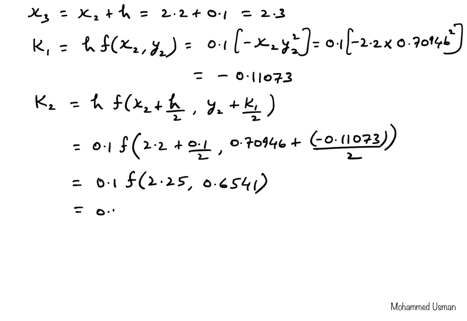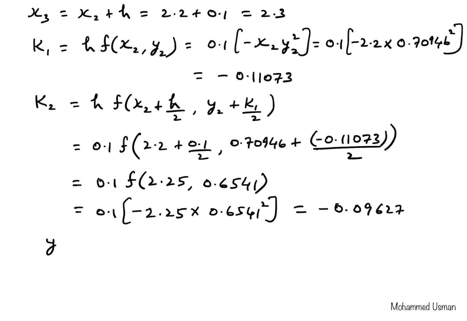So that will give us 0.1 into minus 2.25 into 0.6541 squared, because our function is minus xy squared. So that gives us the value of k2 as minus 0.09627. So with that we can now compute y3 as y2 plus this k2, which is equal to